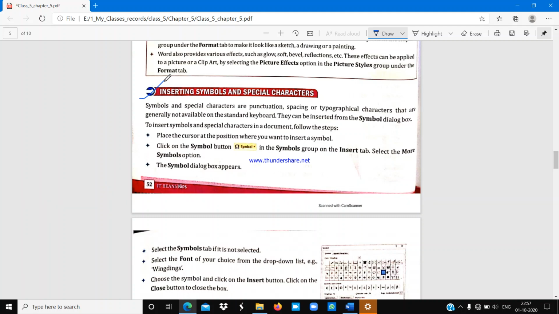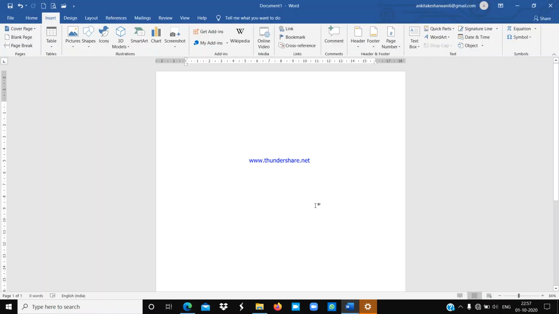I want to ask you, what is the need of using symbols and special characters? Why are we using some special symbols, some special characters? Why? So here you can see, for example, if you are preparing a document in which you have to mention your mobile number or maybe your email ID or maybe something different. Okay, for example, only for the example I am taking email ID and phone number. Okay, so you can add different kinds of symbols in it.